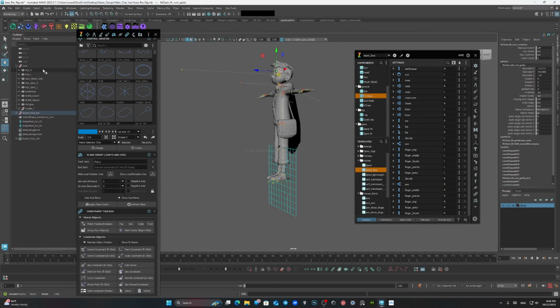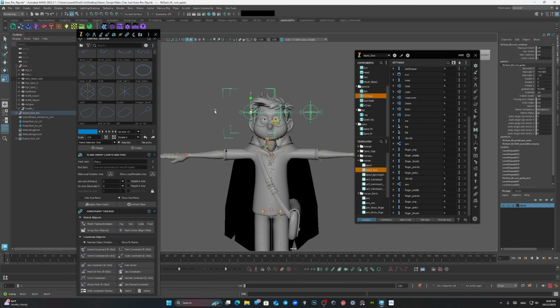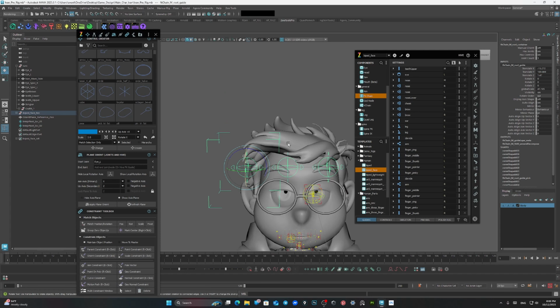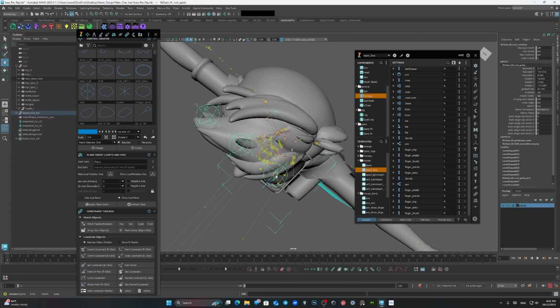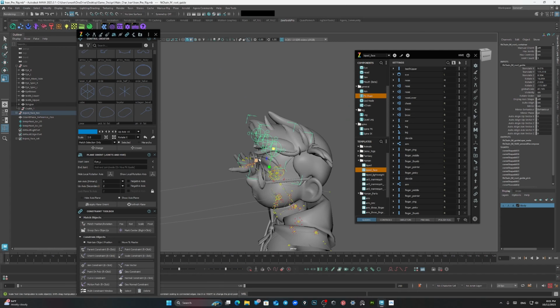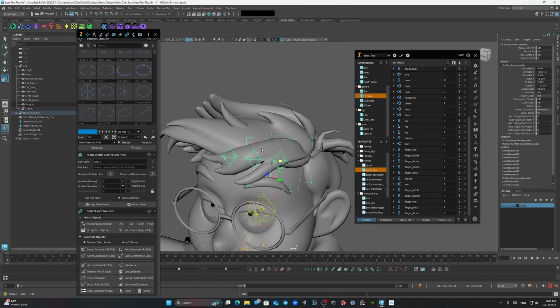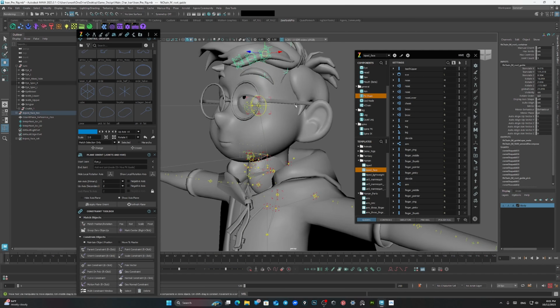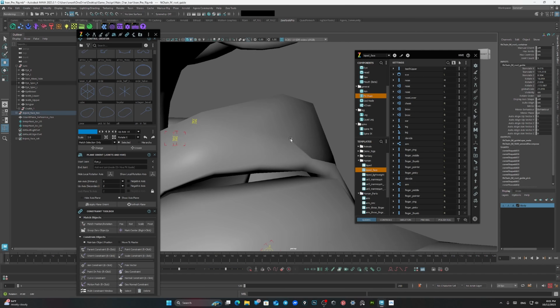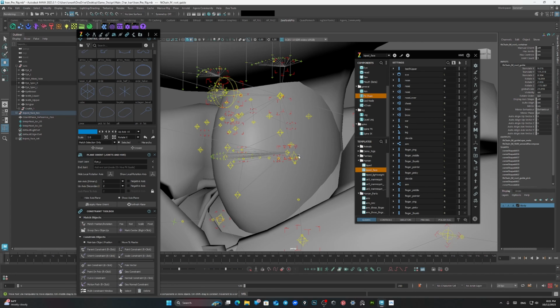And you would just go ahead and bring your chain into place. Like right here, this will be for the hair. Scale it down. And once you have it in its right place, you would just go ahead and take this right here, and you would parent it to the head joint, which is, I think it's,